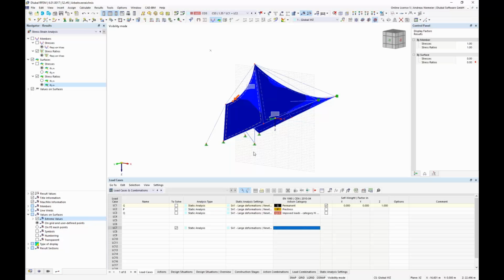And wind loads for this type of structure are not so easy, because we have no concept of how the load distribution looks like, and therefore a question comes up